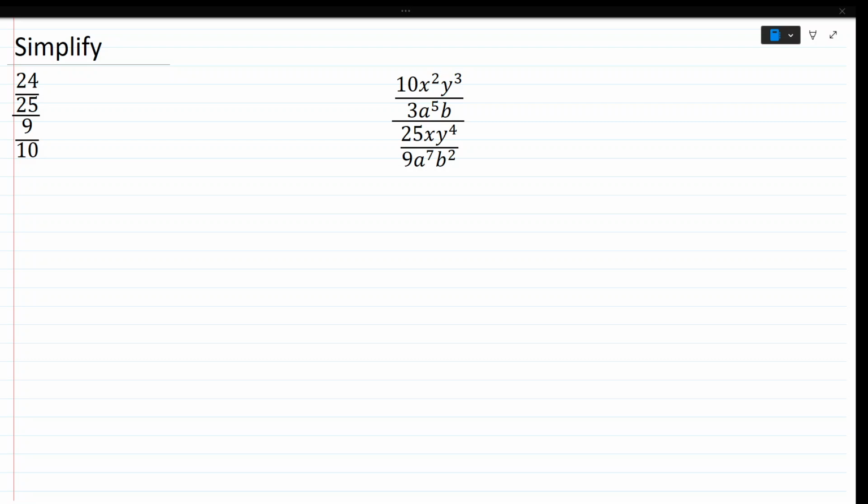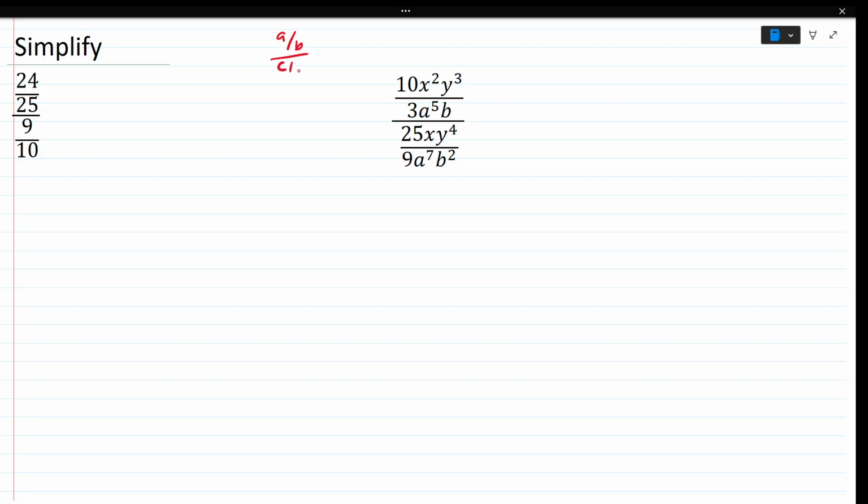Now for these two examples, you're to simplify these complex fractions. Now remember, a complex fraction is when you have a fraction within a fraction. Now to simplify, it means you want to write it as one single fraction. Now for these examples, you'd have to remember that when you divide one fraction, let's say a over b, divided